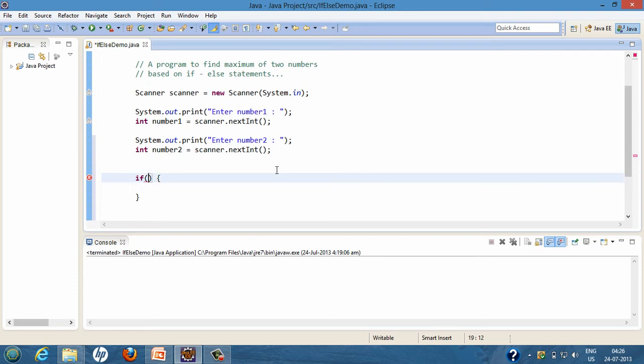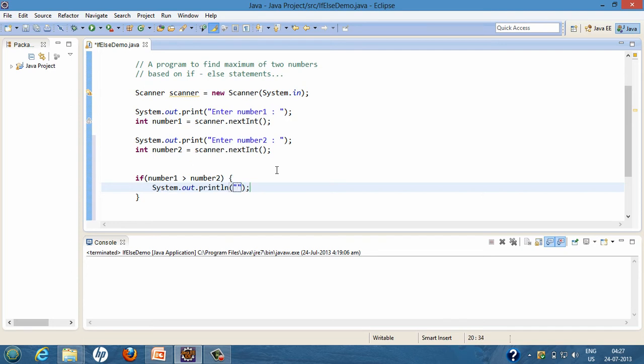In the if block I am placing a boolean condition: if number1 is greater than number2, we just print out something with System.out.println saying that number 1, whichever the user enters here, is greater than number 2. Because we are putting an if condition here, if this condition is true, this statement will be executed.